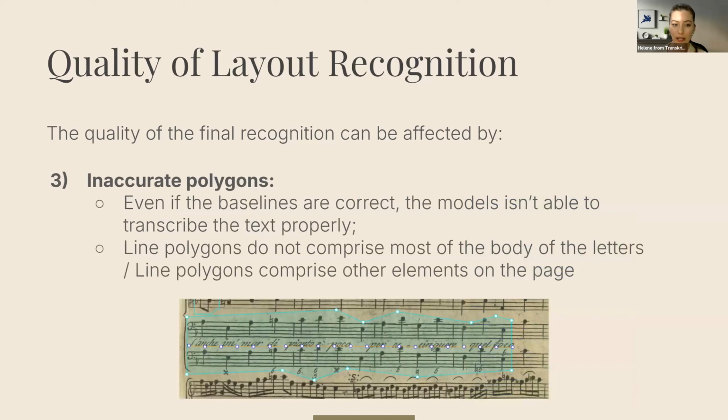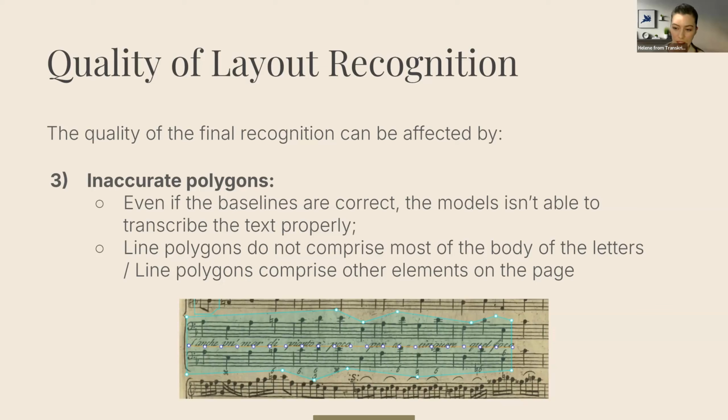And the third way that it can affect the final recognition is by inaccurate polygons. So even if the baselines are correctly recognized, the model cannot transcribe the text properly. As mentioned previously, the text recognition is happening in this step, and this affects it in the following way. If you look at the image that we have here in the bottom, you can see that the text and the baseline below the text is correctly placed, but that the polygon is way larger and also encloses the musical